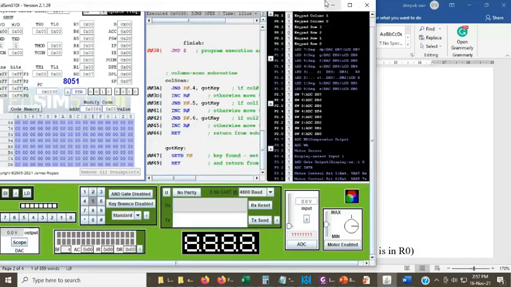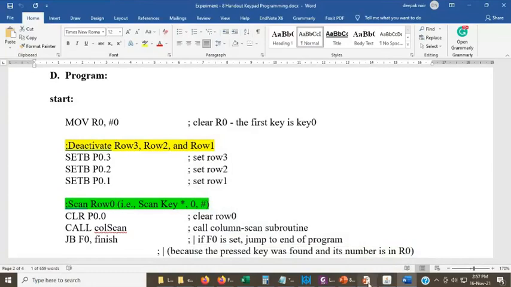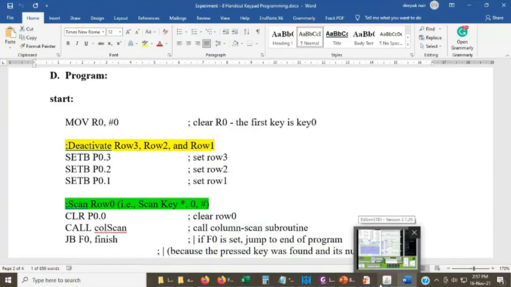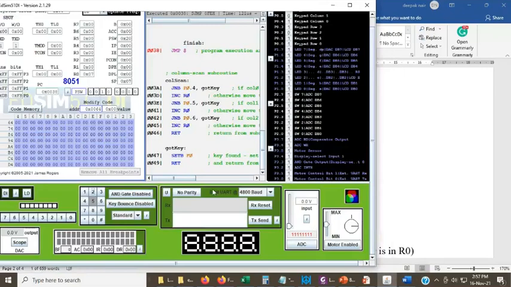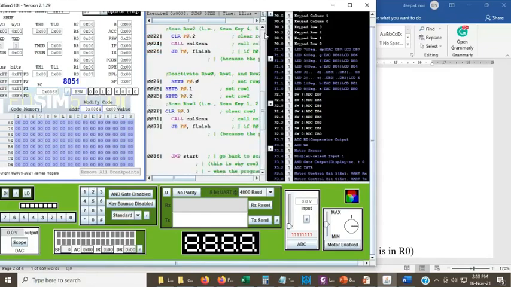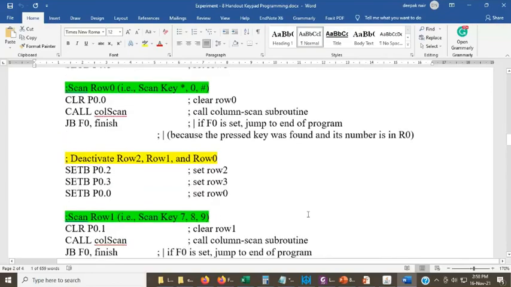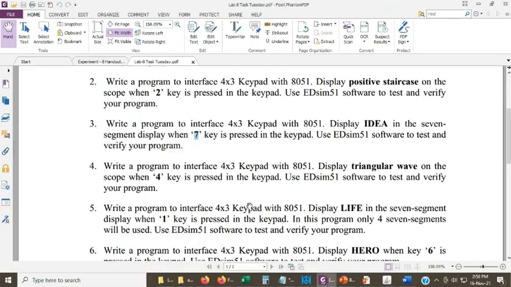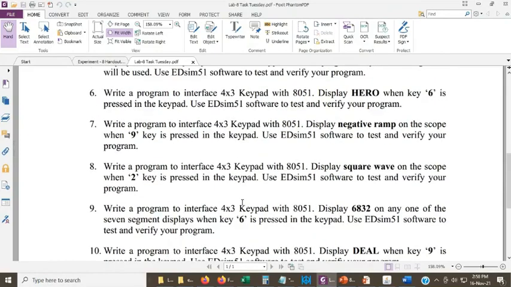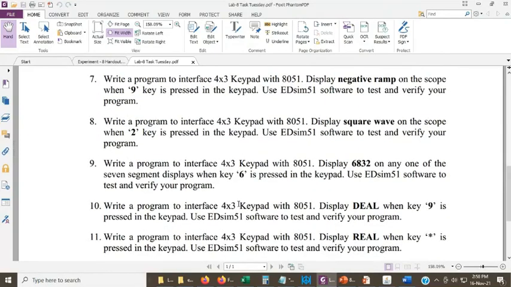So this is just to have a familiarity. Now you will have different combinations of the keyboard, DAC, or 7 segments, or maybe any other peripheral that you want to connect. Depending on your choice, you may end up with a different program. So this way we have decided to give you this kind of problem statements. It may become more difficult or easier later when you are going for the exams. If you have any doubt right now, you can ask me.